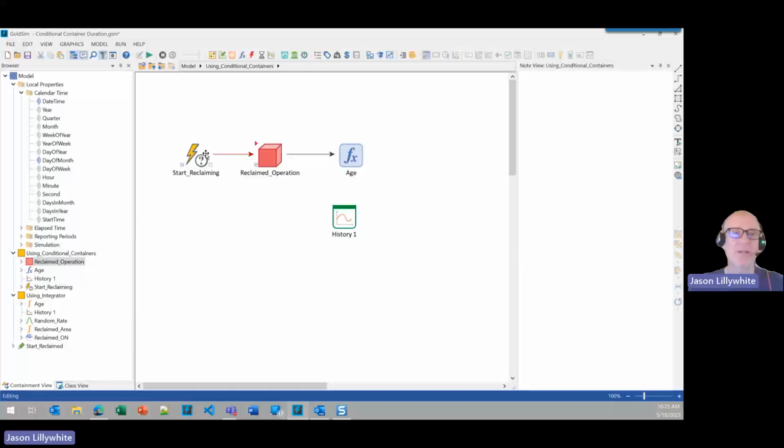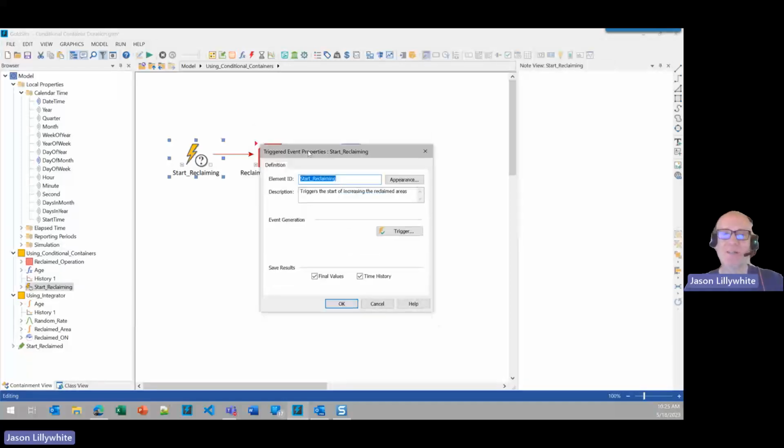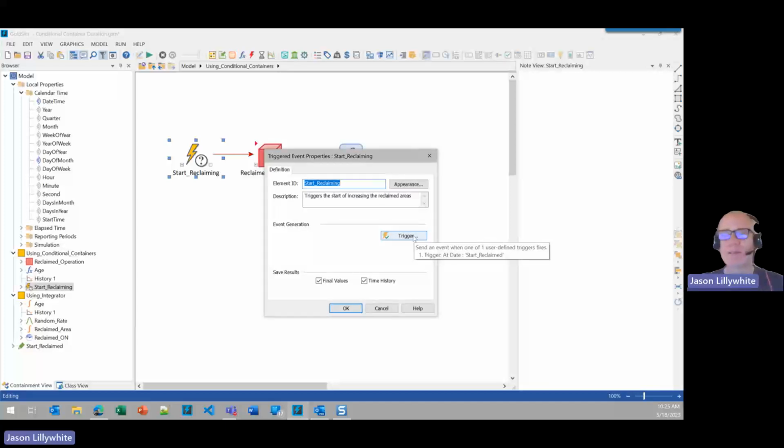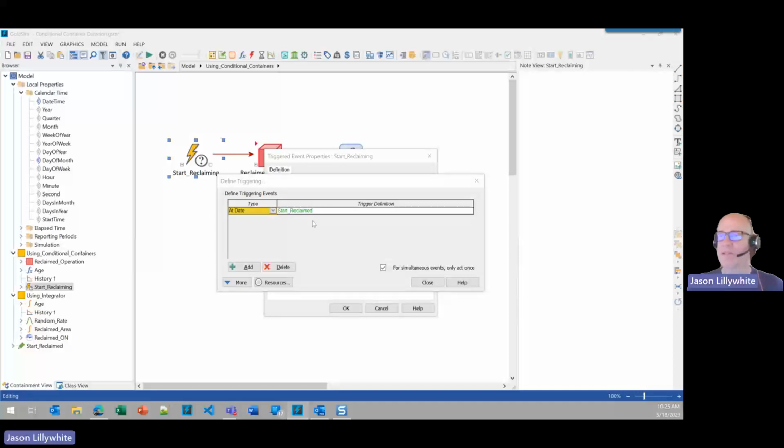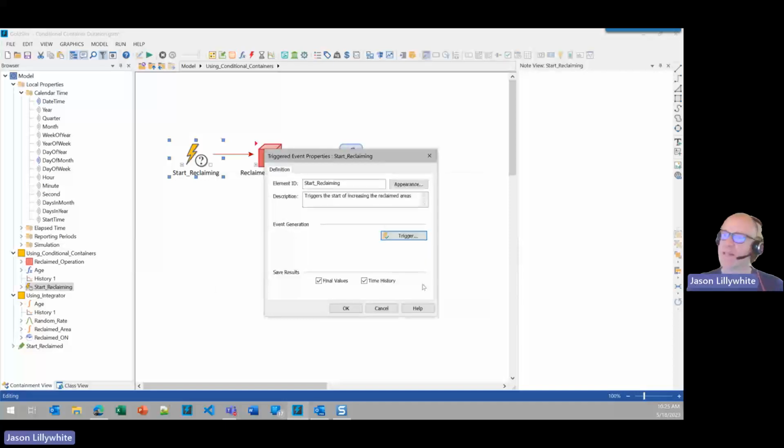That's the beauty of a conditional container. So what we do here is we have an event that we trigger. This is called a triggered event. It means we just define a triggering mechanism to tell it when to trigger. It could trigger multiple times during a simulation or just one time, which is what happens in our case. If I click on the trigger button, it says at date. It's just one of the types of triggers you can have, on the date that we tell it to start reclaiming. That's the date that you enter in that other element that I showed you. So the user enters a date here, and then on exactly that date during the simulation, Goldson would fire off